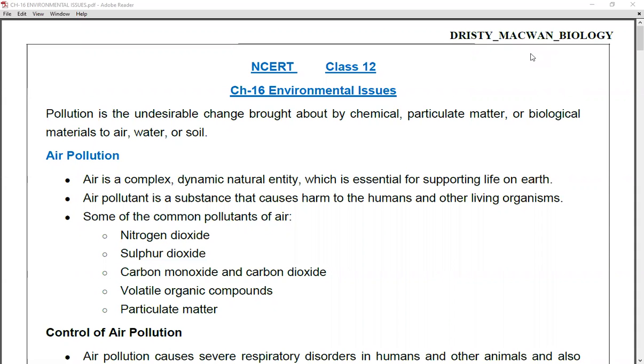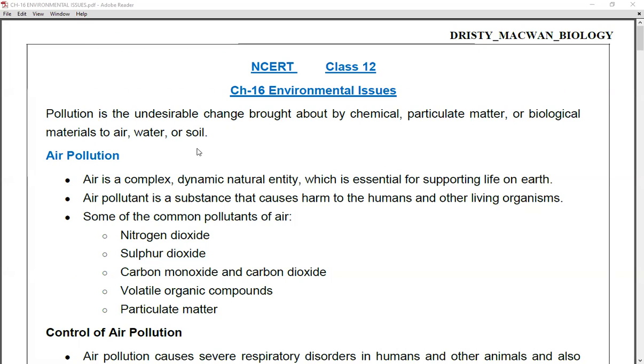Today we are going to see 12th science biology, chapter number 16, that is environmental issues. So today we will start with the basic introduction and we are going to see the different types of pollution: air pollution, water pollution, noise pollution, soil pollution. In this chapter we are going to see several issues which are occurring in the